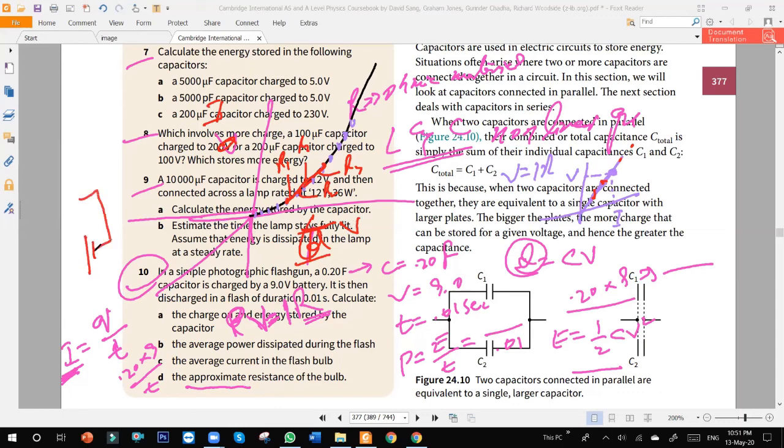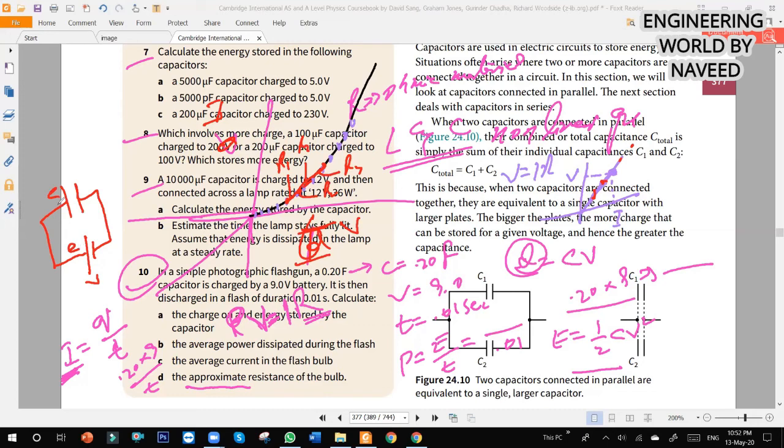Because the capacitor is dissipating energy, but that is after some voltage. For the first electron, less voltage will be required, it will deposit over. If you increase the amount of electrons over here, then there will be repulsive force, so you will require a huge voltage. So voltage is variable. It will be 1 volt, then 2 volt, 3 volt, and the highest voltage given to you is 9 volt. Gradually voltage will increase, and here you will get 9 volt. Then accordingly, you will take the current.